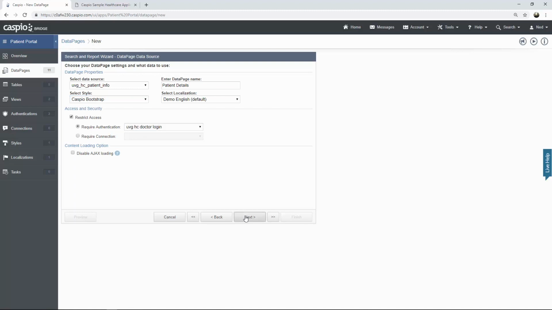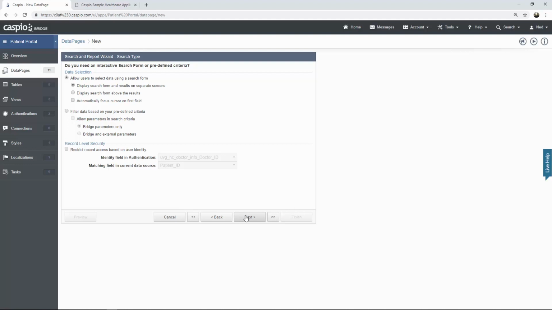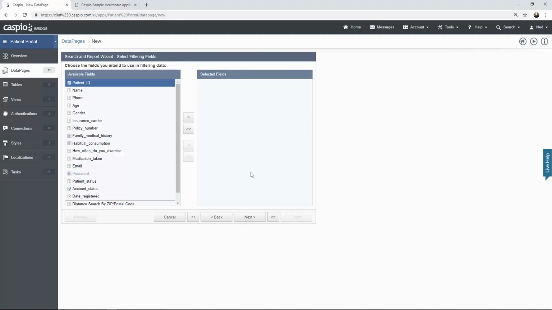Click Next. On this screen, what you want to enable here is the second radio button to filter data. You want to make sure you allow parameters, and always go with bridge and external parameters because it includes both. External parameters are the ones that you passed in the URL. Let's continue. Now we want to filter our data. In order to filter just Shelly's information, we have to learn how to receive that patient ID that we passed in the URL. So what you want to do here is include the patient ID field to the right, click Next,